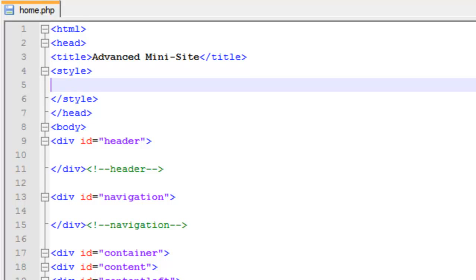Alright, so the first thing that I like to do with the site is get the shape of everything. With the shape, we're going to come through and give everything their size, their width, and their height. So the first element that we come to is our header. So I'm just going to start with our header,